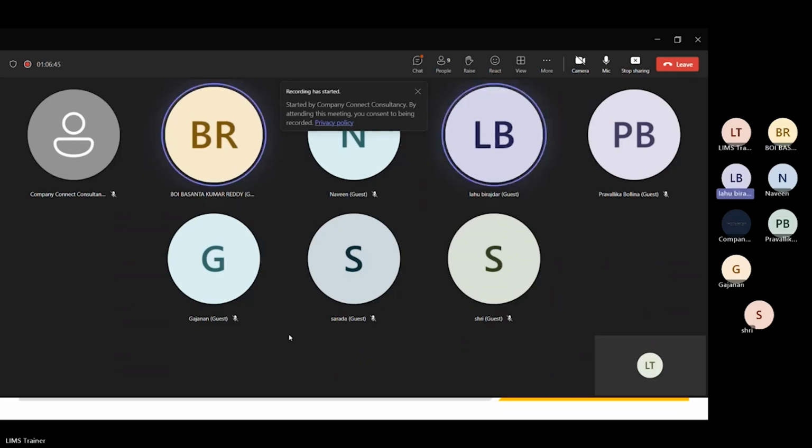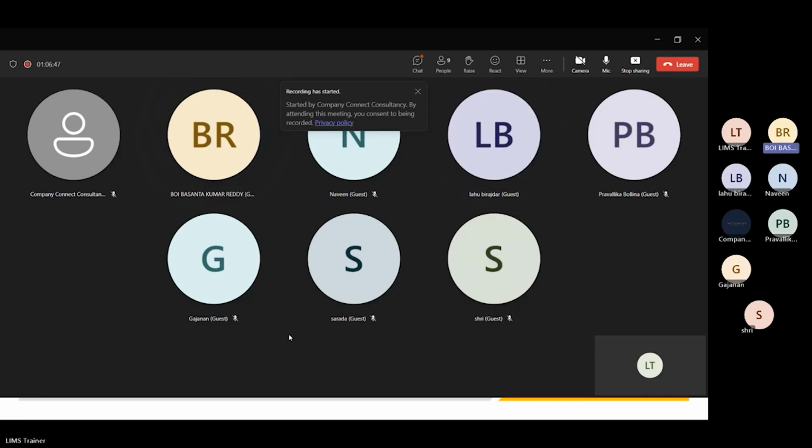And what is the fee for the entire course? I request you all to connect with ma'am. There they will provide you all the details, all the schedules, anything that is required, that will be provided there.